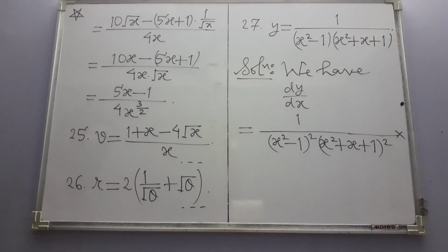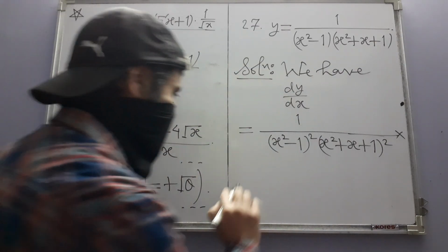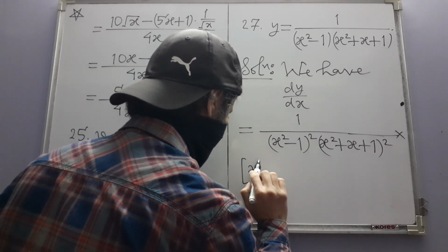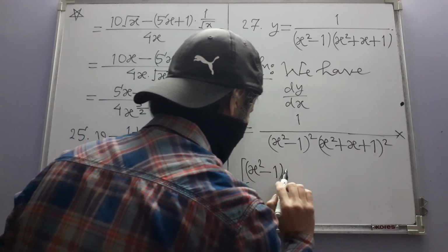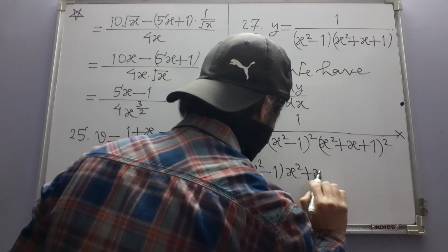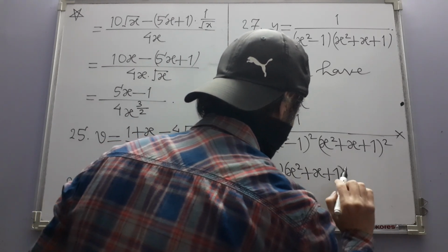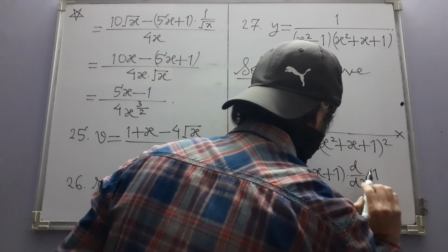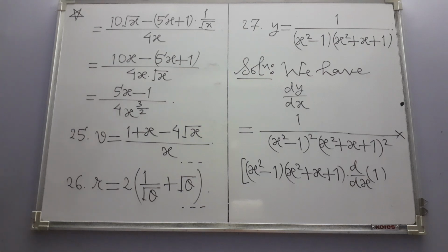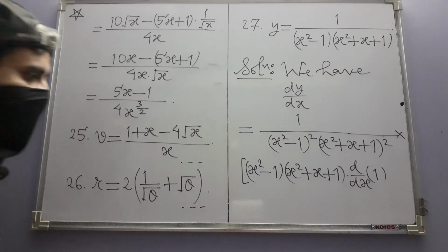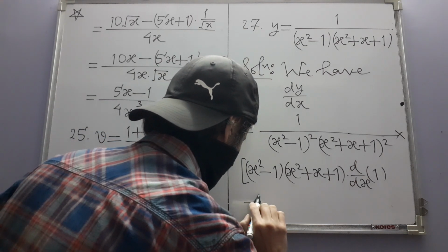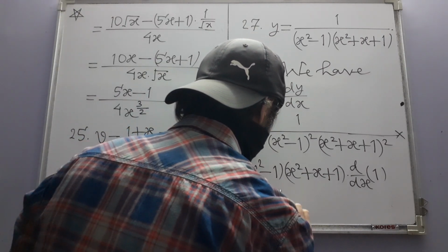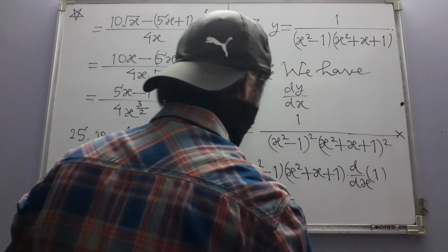times. Then let me first write the thing and then we will decide which one vanishes, which one stays. The denominator is kept intact in the first term and we multiply that by the derivative of the numerator, which in this case is 1. So this will vanish, minus 1, which is the numerator, that we can keep intact here in the second term, and then multiply that by the